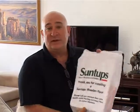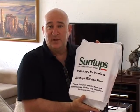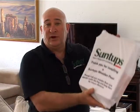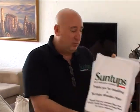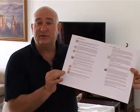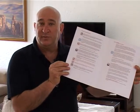With all Suntups floors, we send out no charge with all orders a Suntups starter maintenance kit. Right? This is a kit that you will hand to your customer once you finish the job. So at least you're giving your customer a start of how to maintain a wooden floor. And also not only how to maintain, in the kit are exact directions and instructions and what to expect and not what to expect from wooden floor. So you can go through this with your customer once you finish the job,